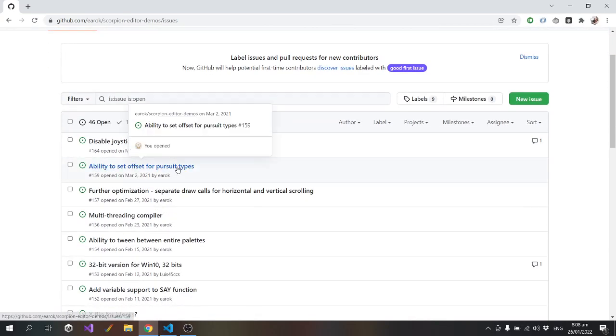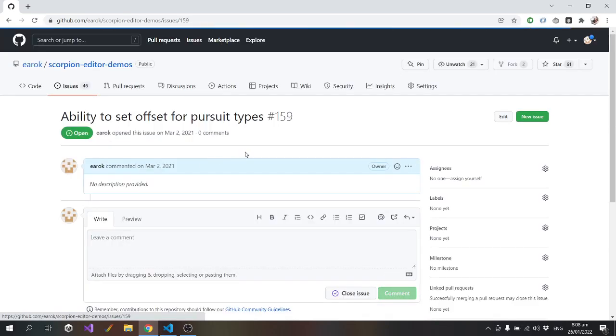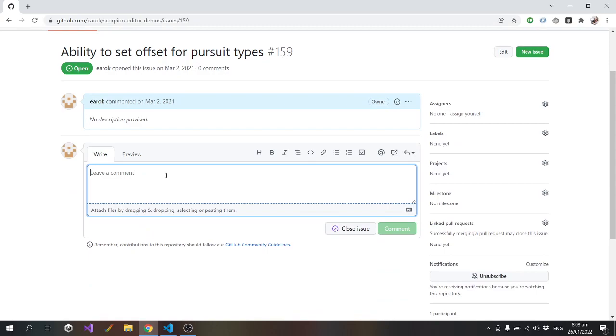Next, ability to set offset for pursuit types. I do remember what that one was. I haven't done that one yet, so I'll put to do: add ability for pursuit types to chase a point away from the player's head as opposed to feet.